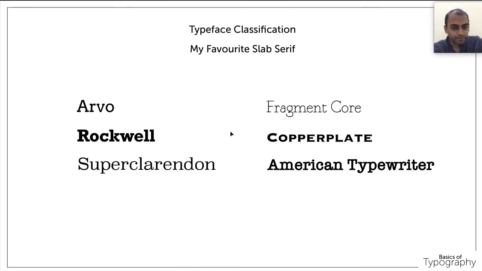And next thing is Copperplate. I'm not sure why it is still called a slab serif. It is uniform, I get it, but usually a slab serif font will have a thick serif. Thick serif is the hidden meaning of slab serif font. Even Fragment Core doesn't have a thick serif, but every element is thin, so the serif doesn't look thick or thin. But Copperplate has a thick inside element, and there is no serif at all. We can't say there is a serif, just a line is mentioned in that. So I'm not sure why it is called a slab serif, but still it is a slab serif font.